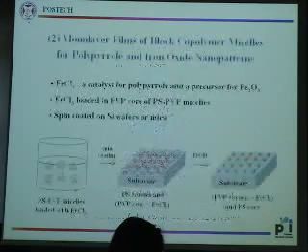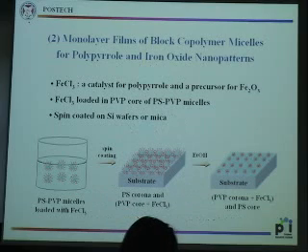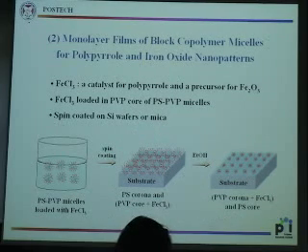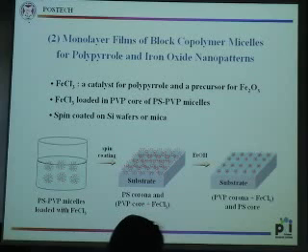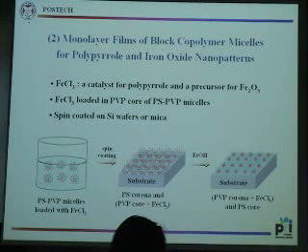As I mentioned, a variety of metal salts can be coordinated in the PVP core. So we selected ferric chloride, which can be coordinated to the PVP block again. The ferric chloride is a very effective catalyst for the synthesis of polypyrrole, a conducting polymer. And also we can oxidize the ferric chloride to magnetic iron oxide. So that means that we can get the iron oxide. So let me show you the